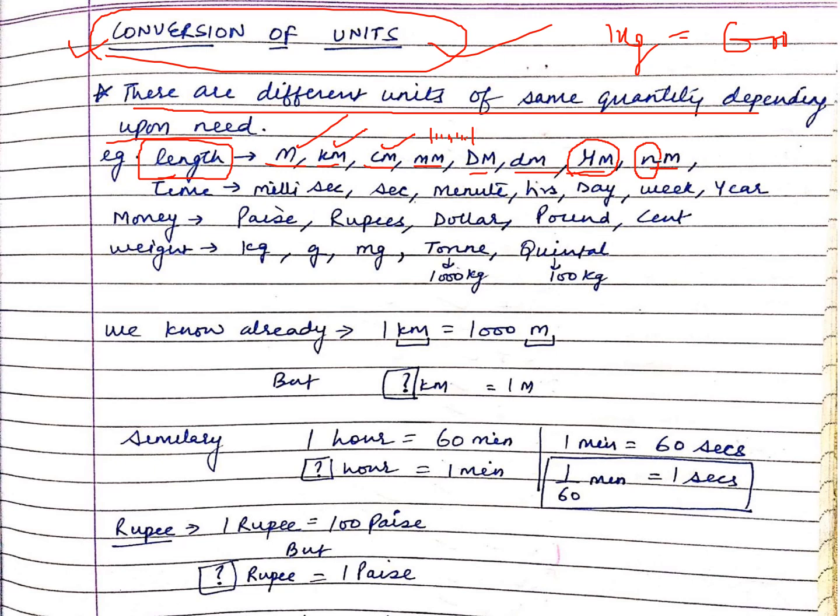Our computers were earlier very huge. Then we have these laptops, then palmtops, then mobile phones, then smaller chips from that. That is all possible due to nanotechnology. It is more minute. Your hair is thicker than this thing, so you can understand the variability of units. That is why we have these many units in our daily life. So the problem is, you must understand how to interconvert them when a demand comes.